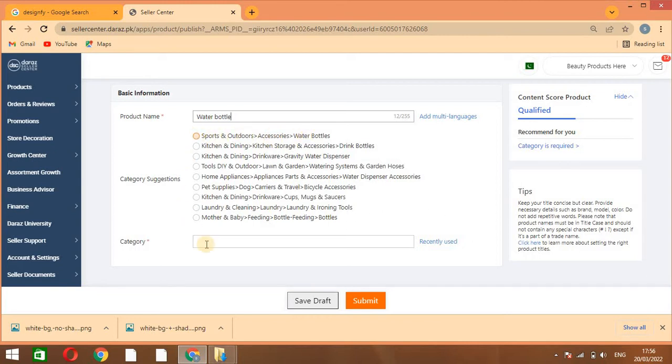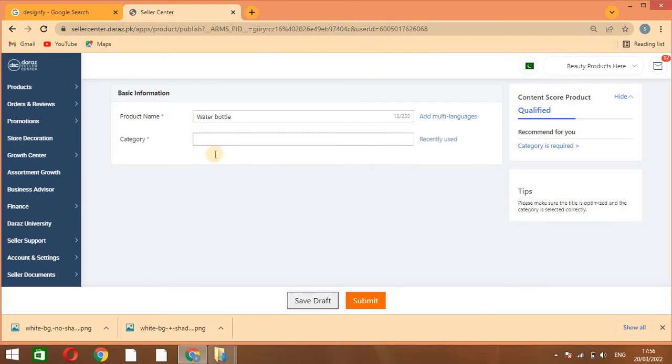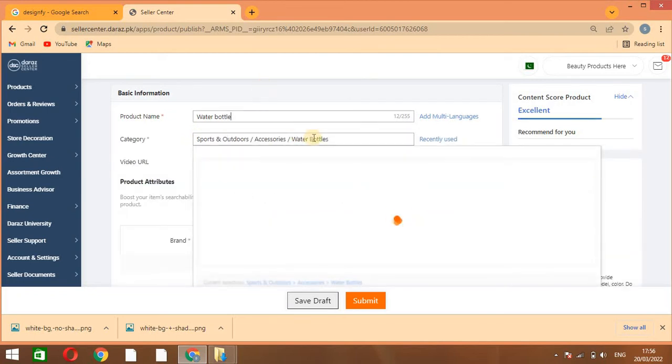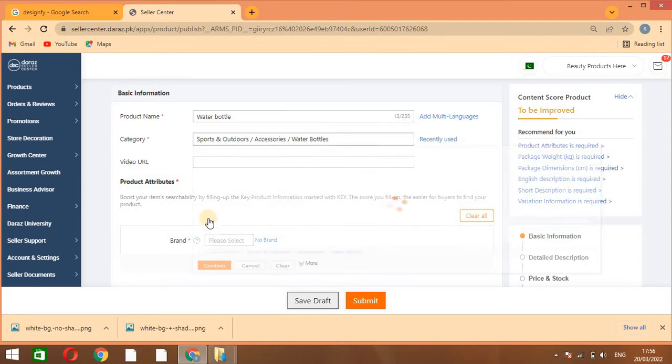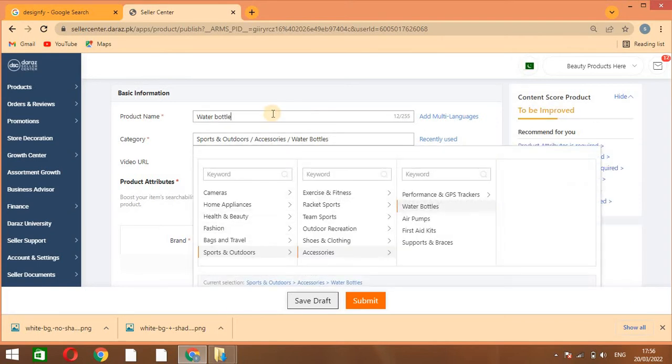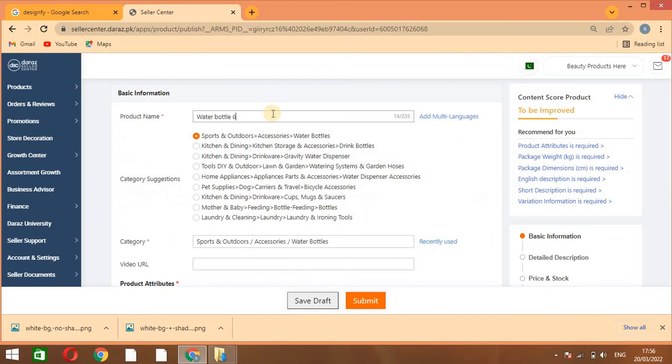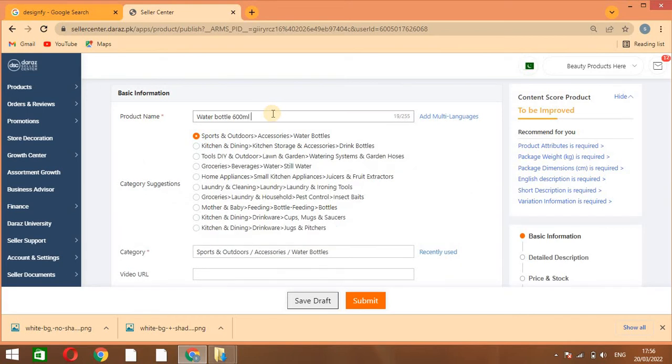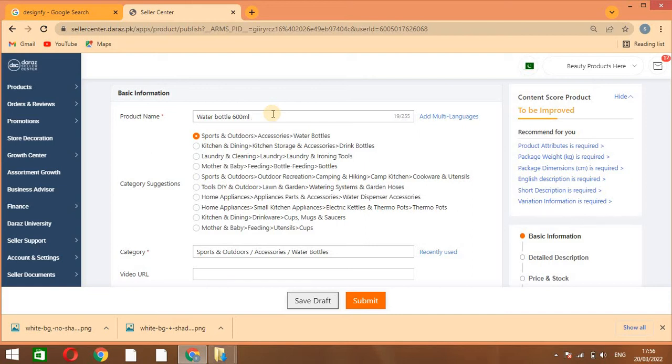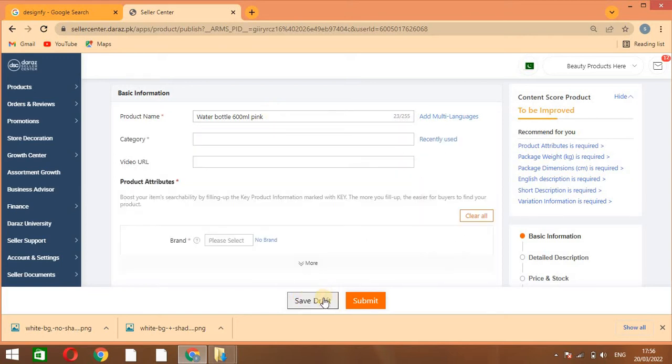You have to click the category, and then after selecting the category water bottle, you will also mention the color and milliliter of water for the bottle, and you will mention the title of your product here, and also the color, and then you will